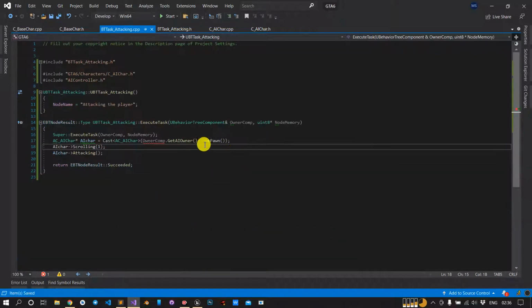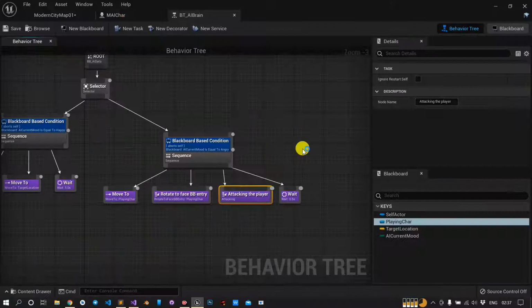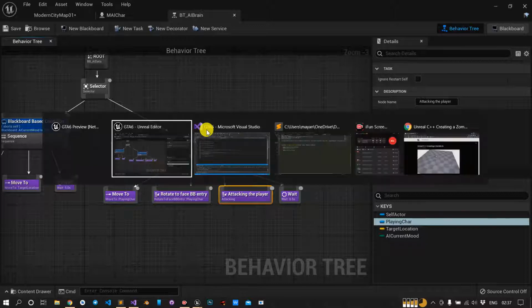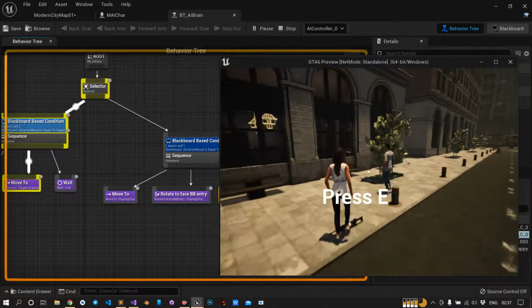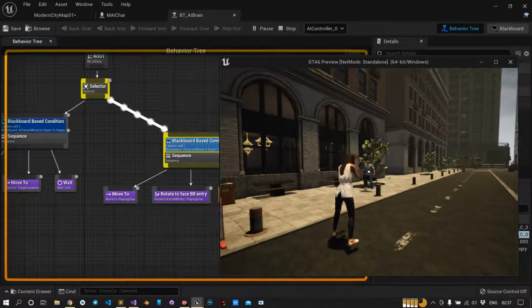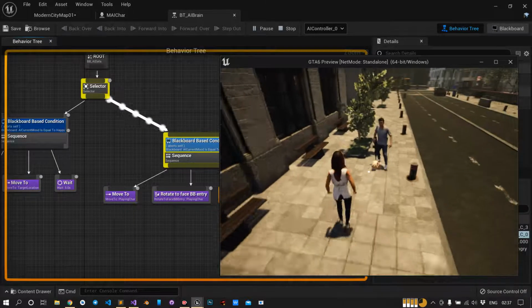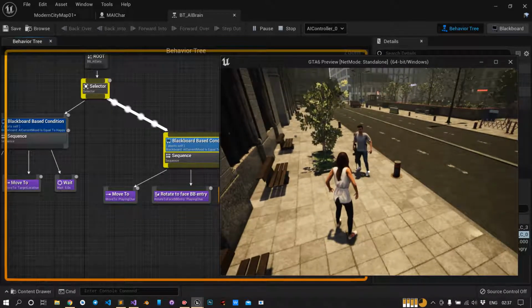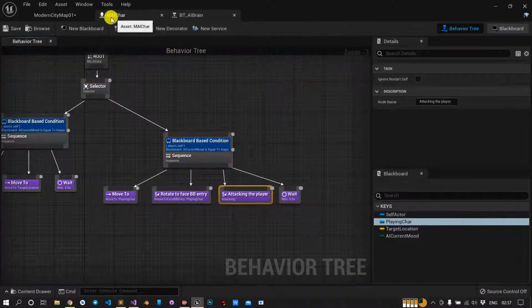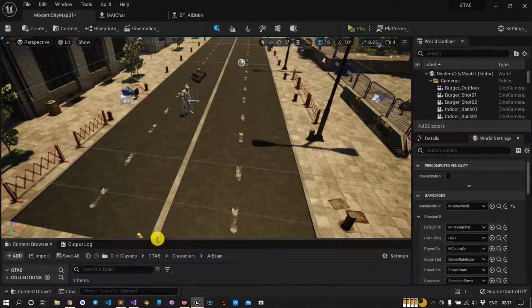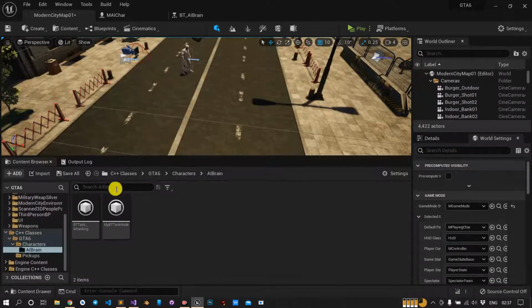So let me test it again. First Control Shift B. It's a success. Go back, Alt P. Now everything should work fine. Should. Okay. And just press E. Attack. Okay, now he is equipping the gun, but he is not firing. He is not animating. So for this, what we will do, we will go to the NMBP,